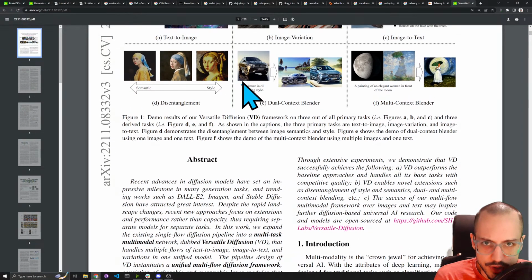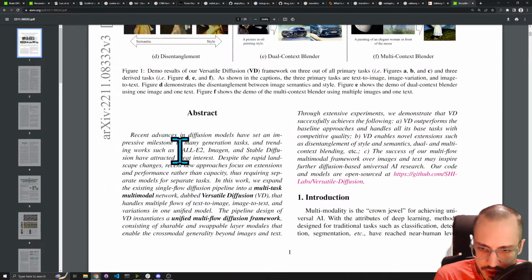Demo result of our versatile diffusion. Recent advances in diffusion, blah, blah, blah. In this work, we expand an existing single-flow diffusion pipeline into a multitask, multimodal network dubbed versatile diffusion that handles multiple flows of text-to-image and variations in one unified model. Multiple flows. Okay, so